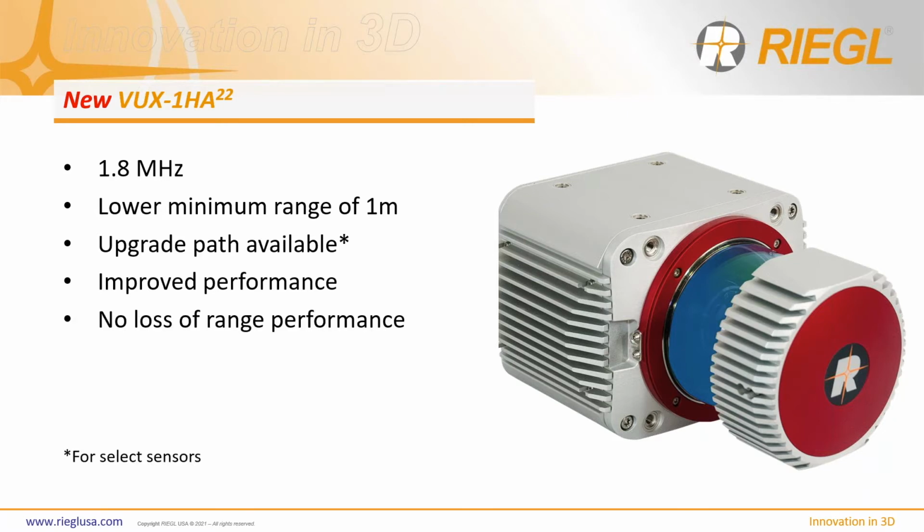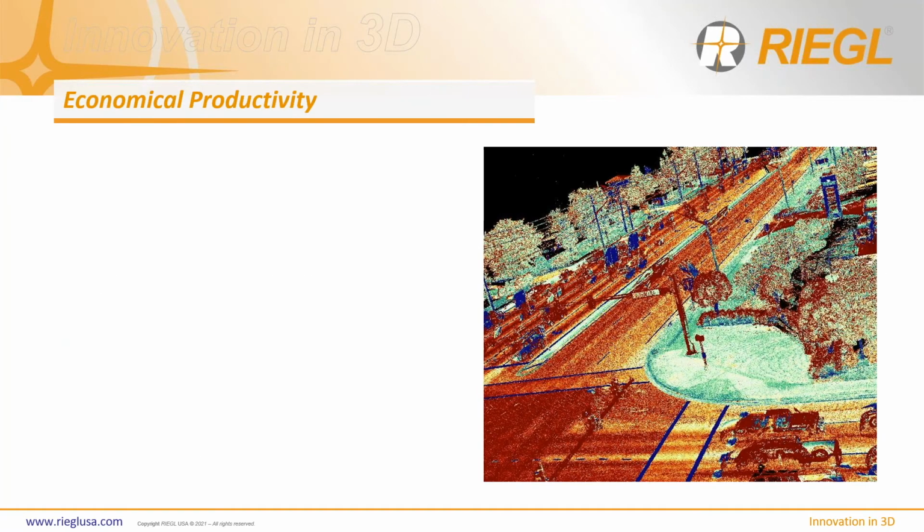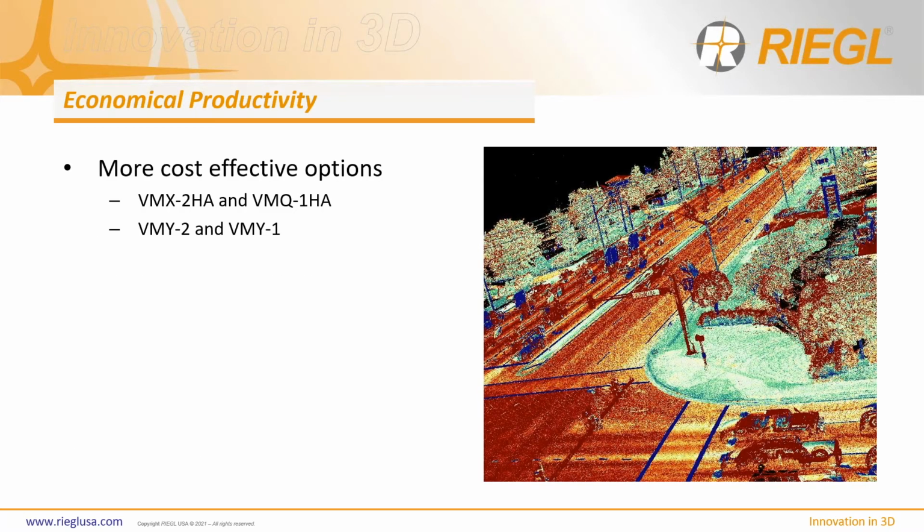So that's the new VMX-1HA22. And so how does that affect our bottom line in terms of economical productivity? Well, we now have more cost-effective options, whether you consider a dual sensor system with the flexibility of cameras in different vehicles, a very large plus for you, or if you're considering the different options, so when you're looking at a new system, you can consider maybe using a VMY1 or a VMY2 to better fit the